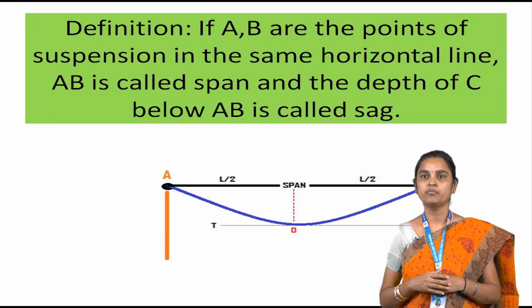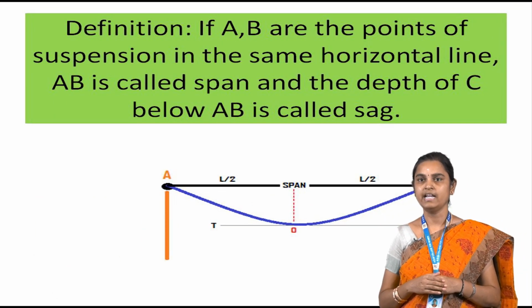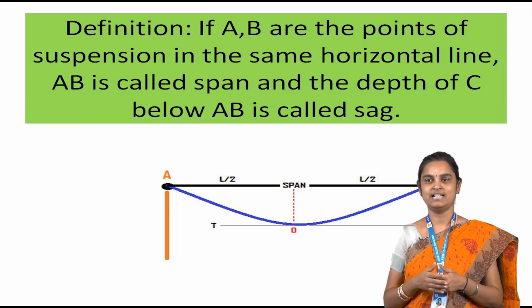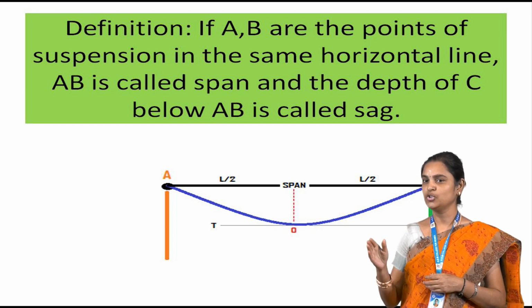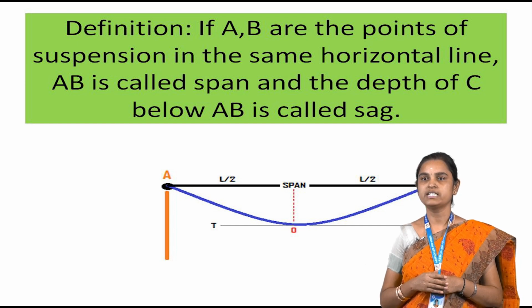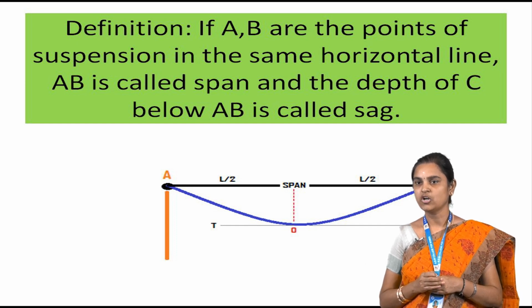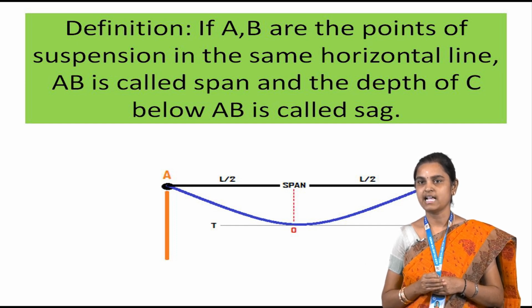So here A and B are the points of suspension in the same horizontal line. AB is called span and the depth of C below AB is called sag. So here just see the diagram. We can see the two pillars standing and the string is tied to two pillars. A and B are the points of suspension in the same horizontal line. Here the distance AB is called span. And the red colored dotted line is called sag. Next,